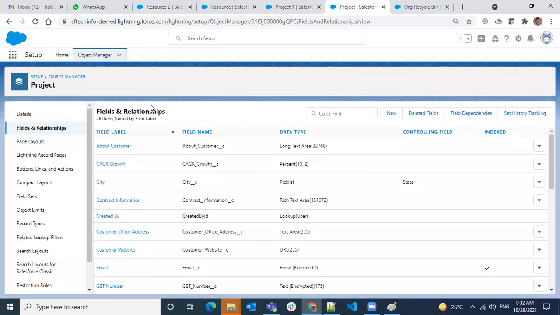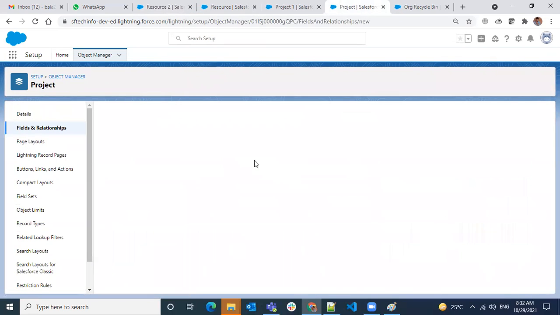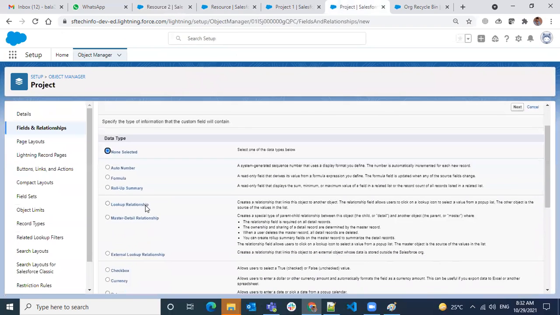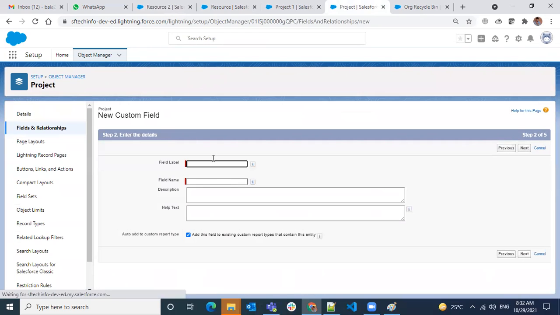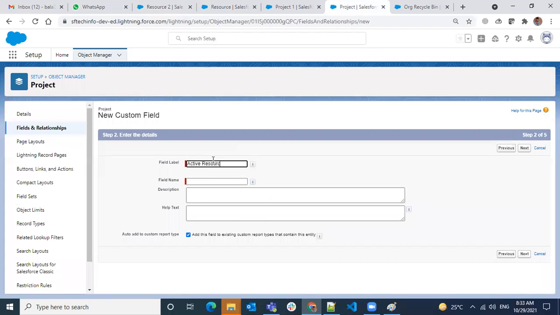Let's see if I create one more roll-up summary field called active resources. I want to calculate only how many resources are active in my project. Active resource count.